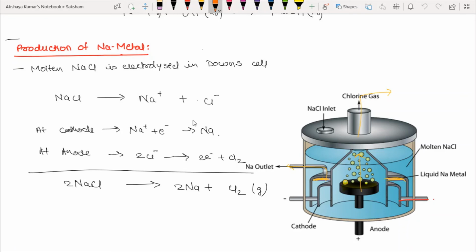In order to reduce the energy requirement, some solute particles are dissolved, as you have read in the previous chapter on colligative properties, that when you add any amount of solute to a solution, the melting point is decreased. So in this case, the melting point of sodium chloride reduces from 800 degrees centigrade to something around 700 degrees centigrade. So this saves lots of energy,